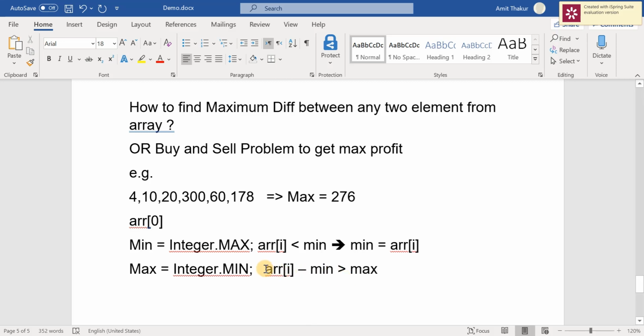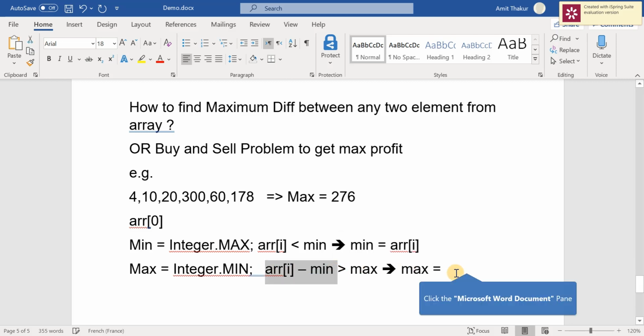Max has a negative value here, because we have assigned Integer.MIN_VALUE. So if array of i means 4, 4 minus min, which is 4, equals 0, and 0 is greater than max, yes, because max has the negative value here. So I will simply assign max equal to array of i minus min.